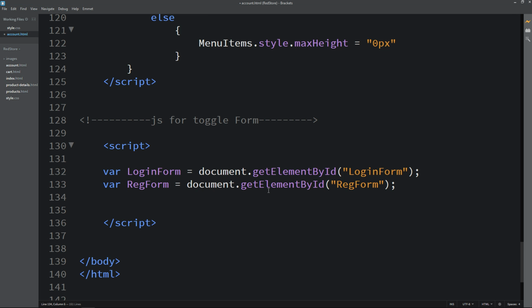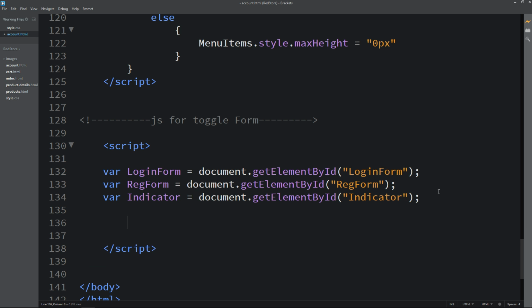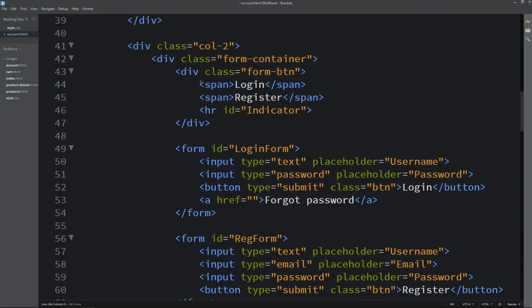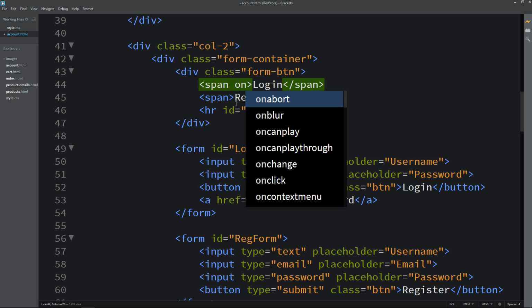After that we have one more ID. For that I am creating one var, and let's write indicator is equal to document.getElementById indicator. So after adding this, we will come back where we have written the login and register button. So here it is. For this one we will write on click events.